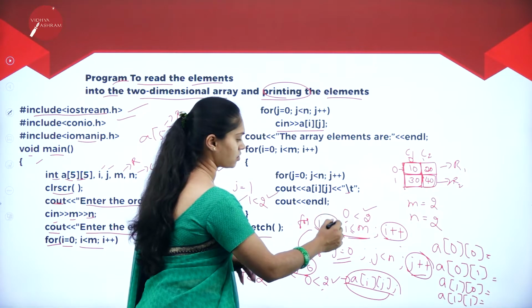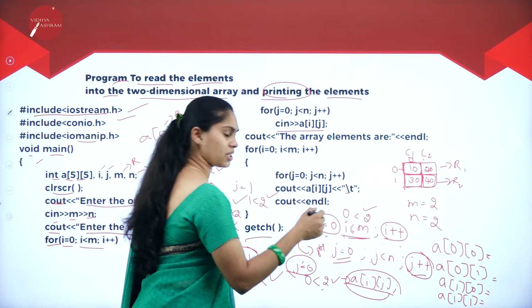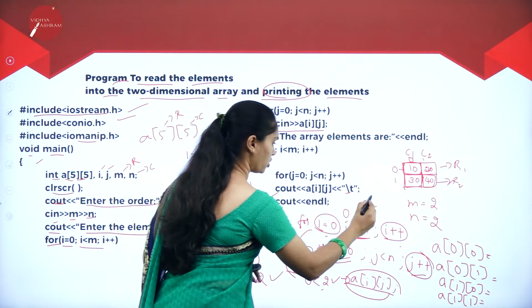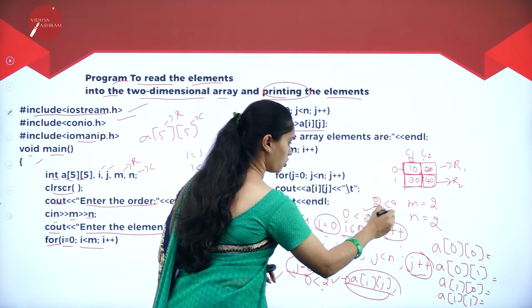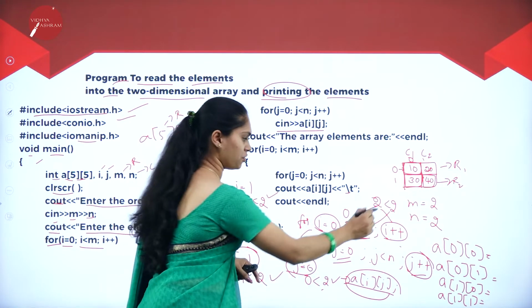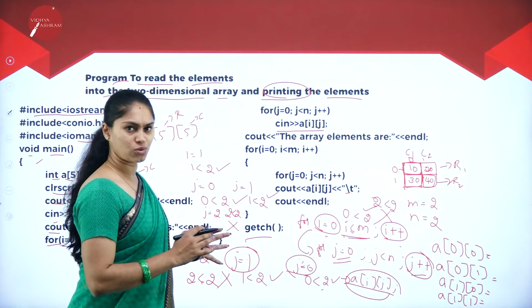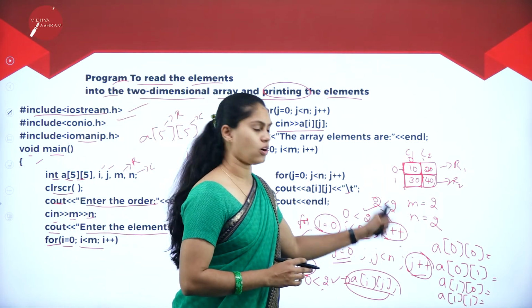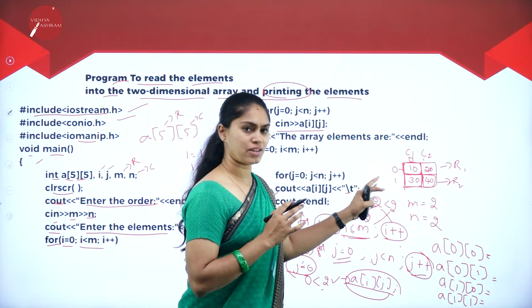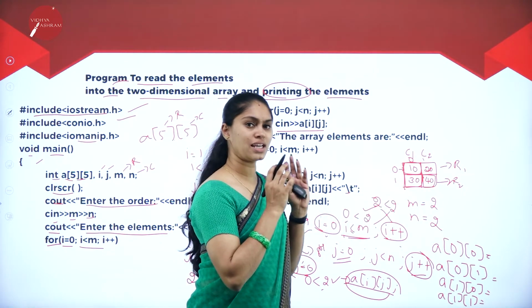I was 1, then again it will be incremented to 2. Again I am going to check: is 2 lesser than 2? It becomes false. If this is false, it won't come for the column. It won't read the value. That means we have read all the elements in the 2 cross